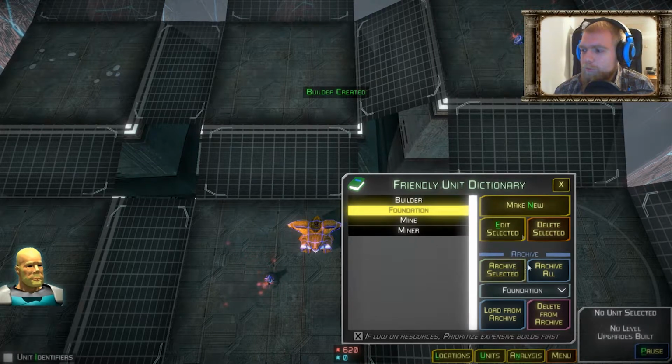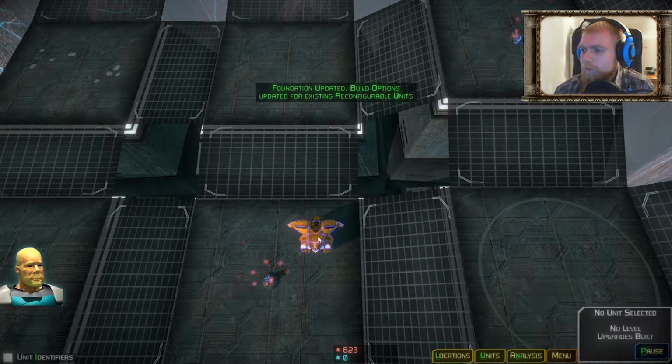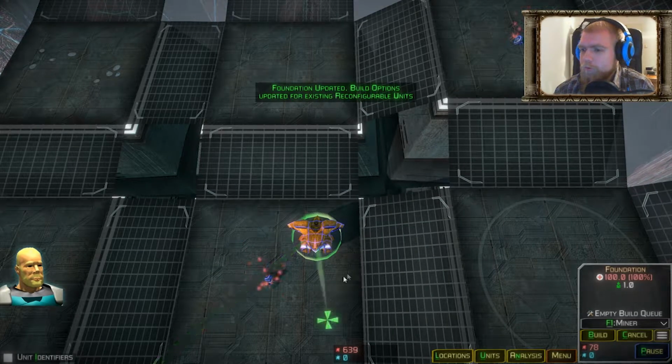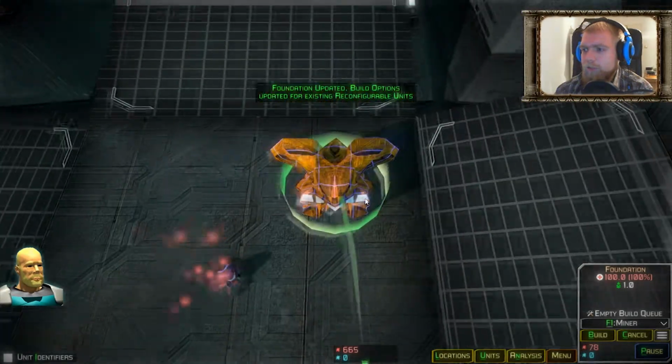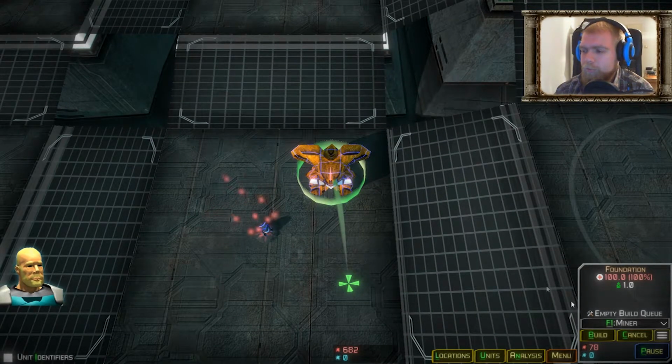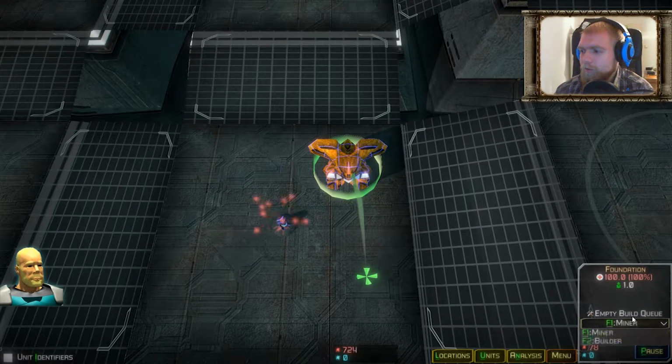And in order to train builders, we need to edit the foundation so it can train builders as well. Save and close. There we go. So you can always reconfigure the types of units you can train in buildings, but units can only have one set of buildings or units they can train. So we go a builder,